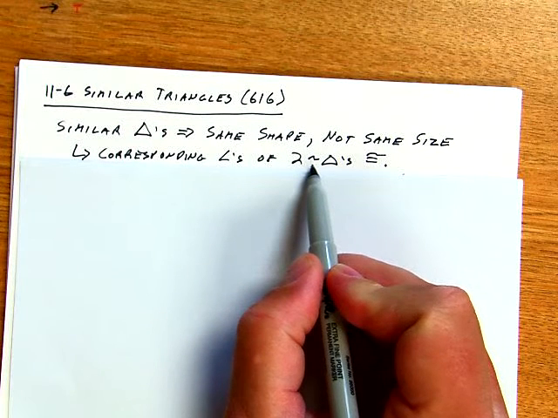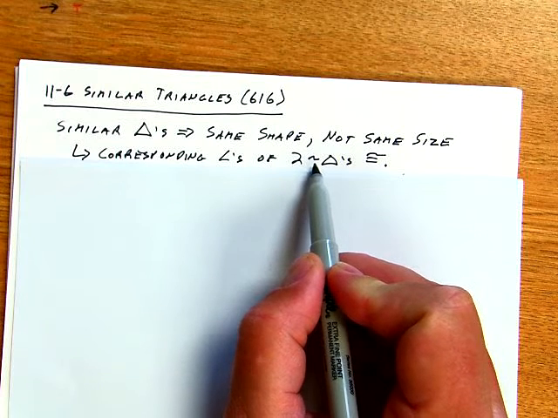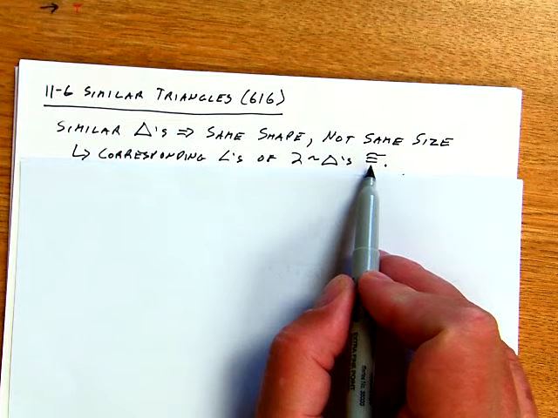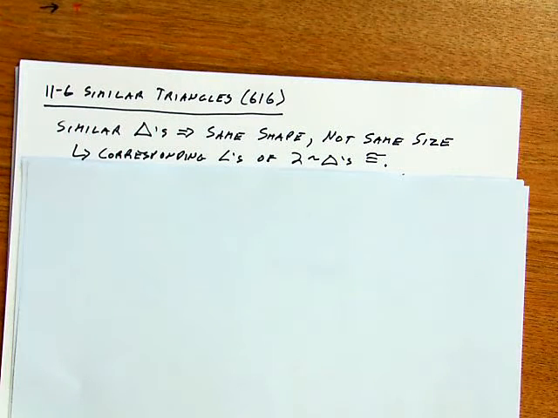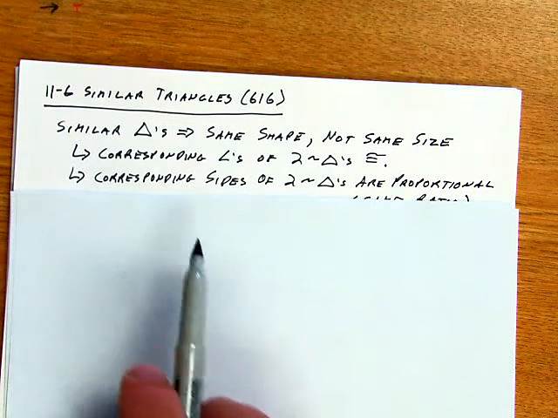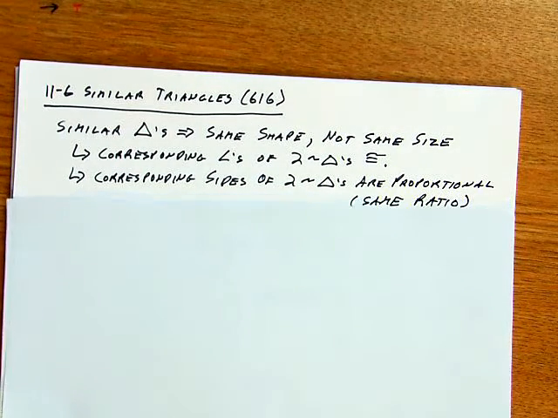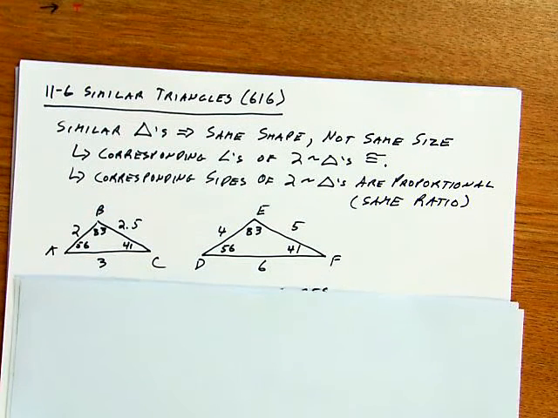This squiggly line right here, a single squiggly line, is the shortcut for writing similar. And that's the congruent sign, equal to, and the squiggly line above it. The corresponding sides of two similar triangles are also proportional. And when I say proportional, I mean they have the same ratio, and you'll see that here in this example right now. Suppose I have